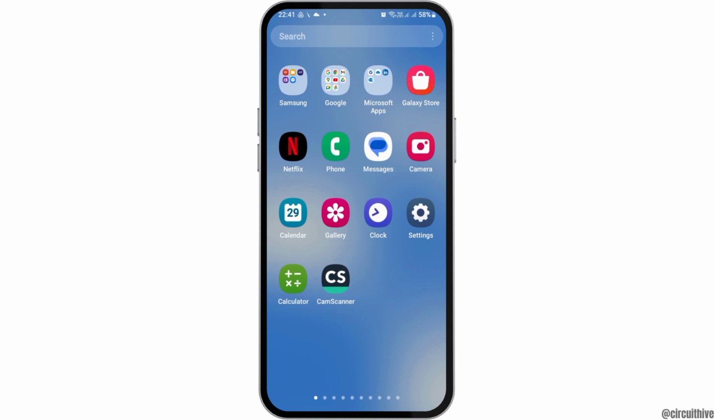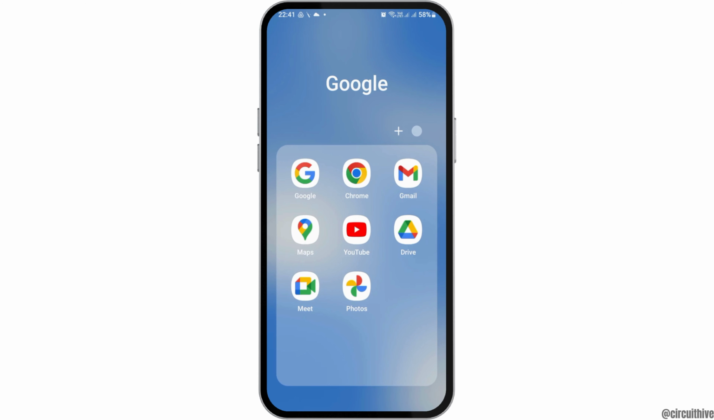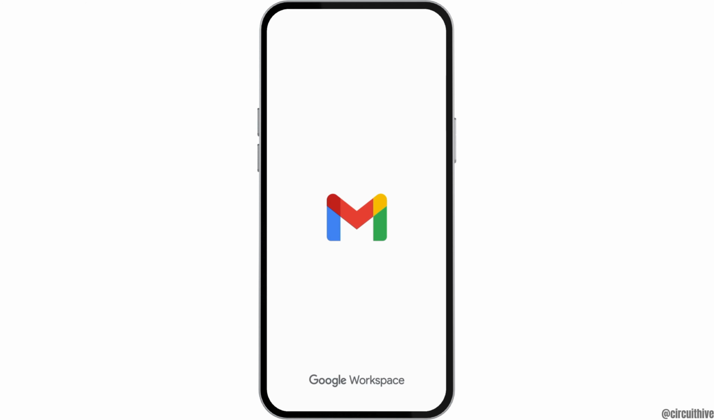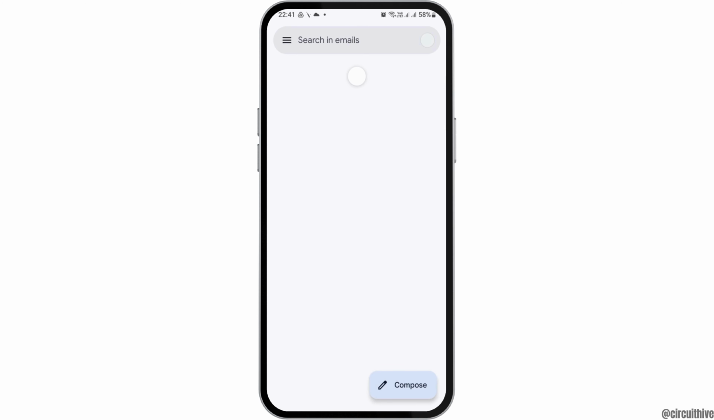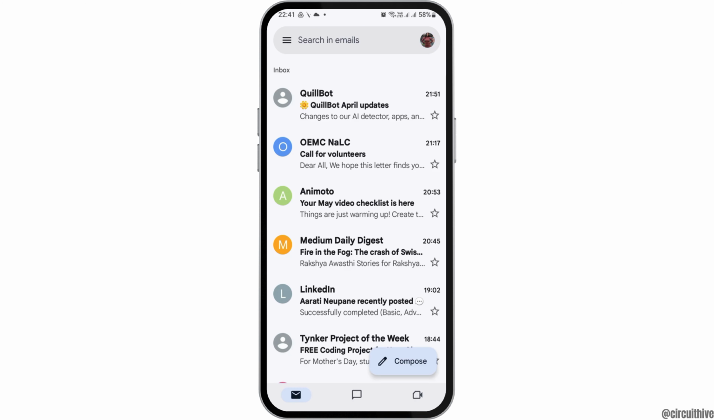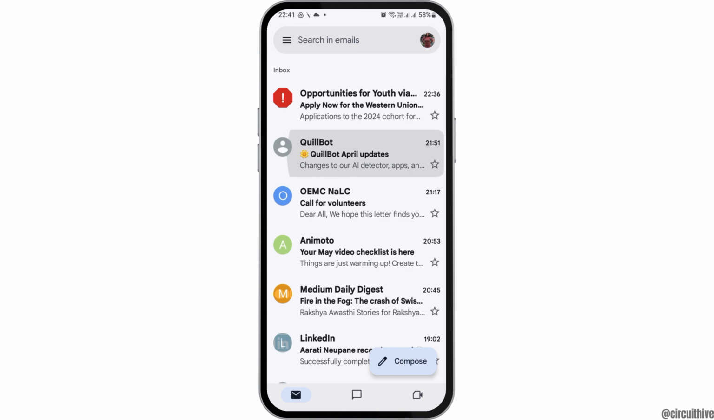For this, first of all, you have to launch the Gmail application on your mobile device. You have to tap on it. Now, after you tap on it, you can see an interface like this. Now here, in order to unsubscribe the emails, what you can do is tap on it